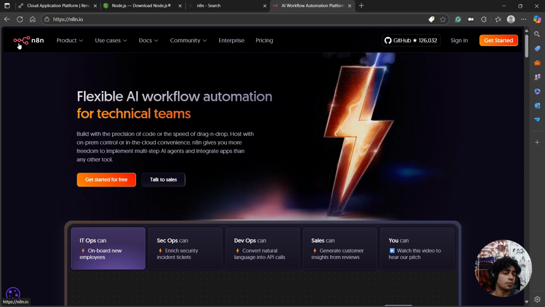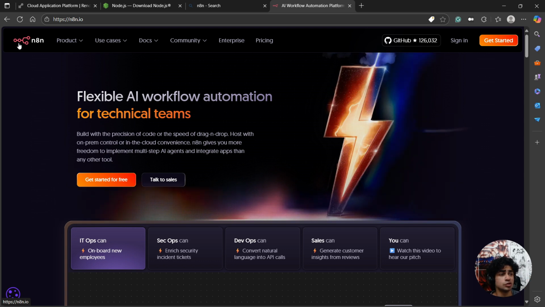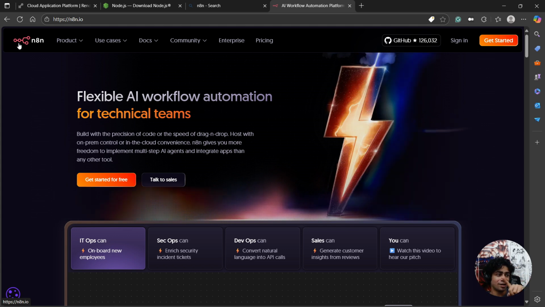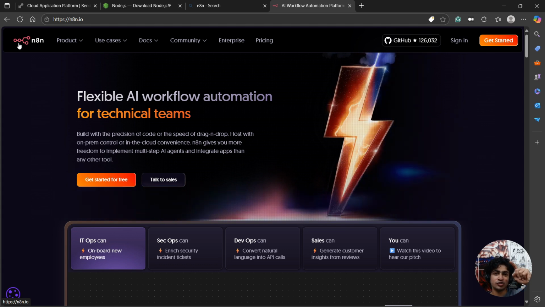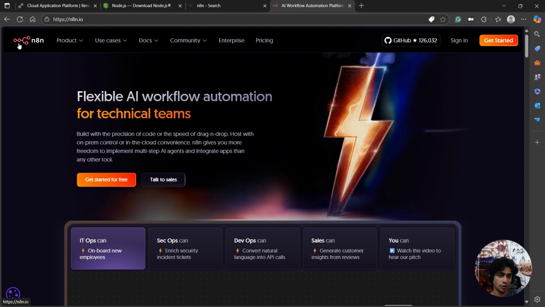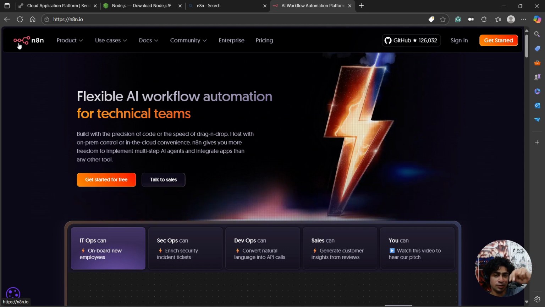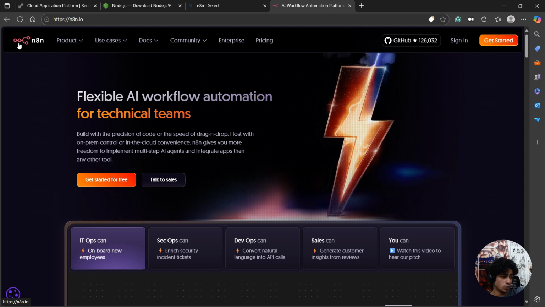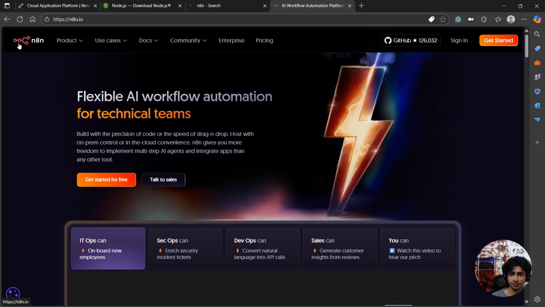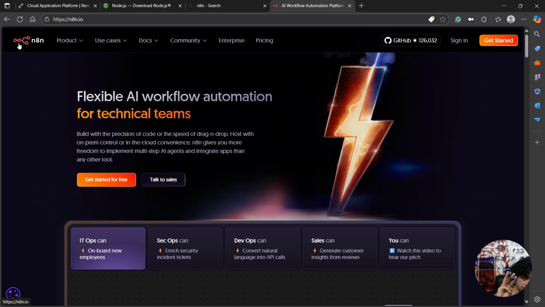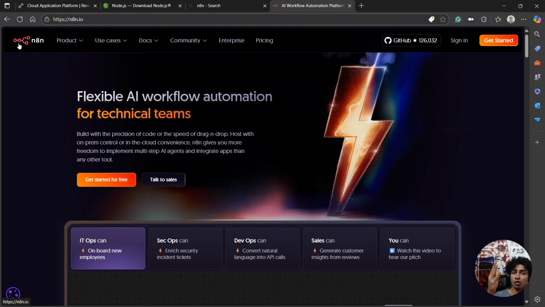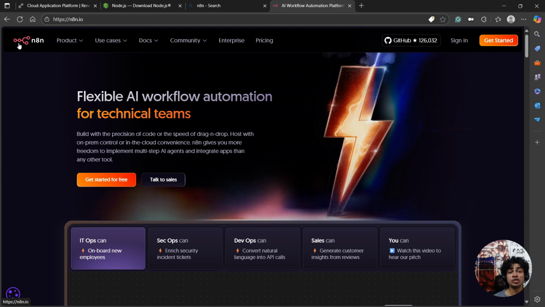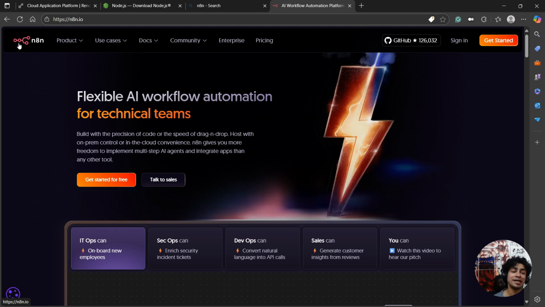Now, this whole process can be automated very easily using N8N in four steps once again. First of all, you create a workflow that gets triggered every morning, let's say at 10 a.m. That was the first step. Second step is you connect it to your Gmail or Outlook or any other email client. Third step is you get all the emails, and then you pass them to an AI agent